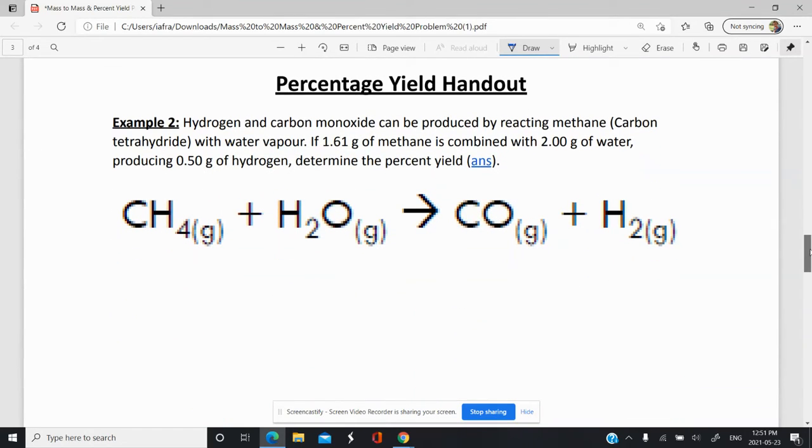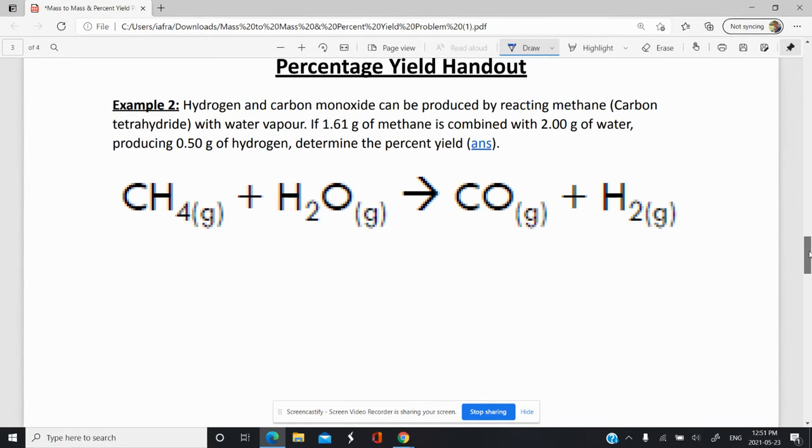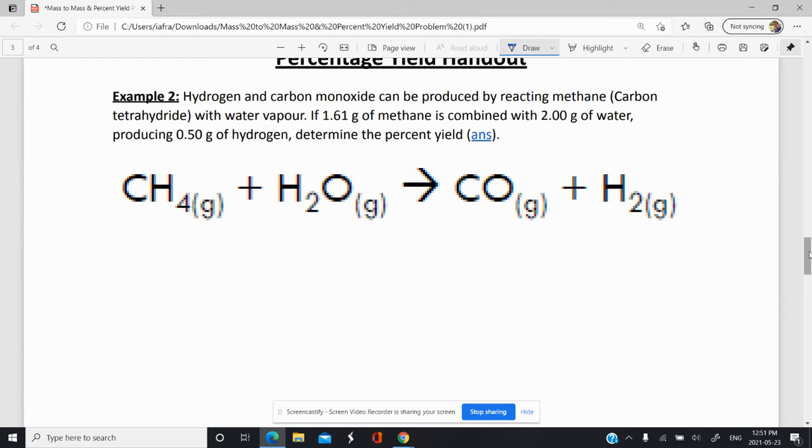In this video, we're going to do example 2 from your handout on percentage yield. So let's start off with this one here, which is example 2. Hydrogen and carbon monoxide can be produced by reacting methane, which you might call carbon tetrahydride if you're using the naming system in grade 11, with water vapor. If 1.61 grams of methane is combined with 2 grams of water, producing 0.50 grams of hydrogen, determine the percent